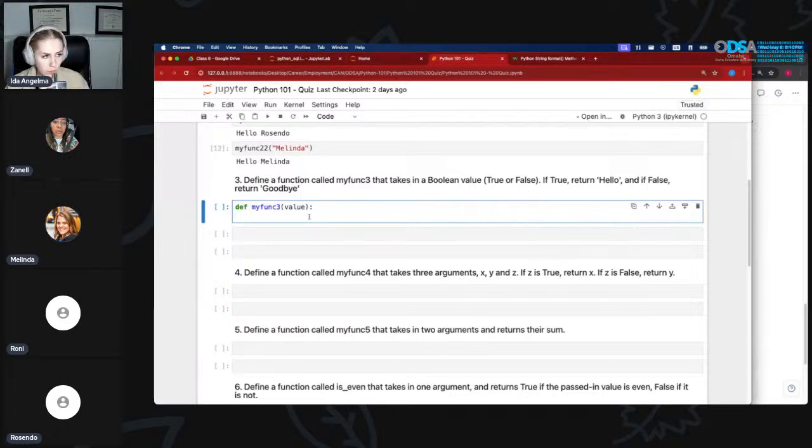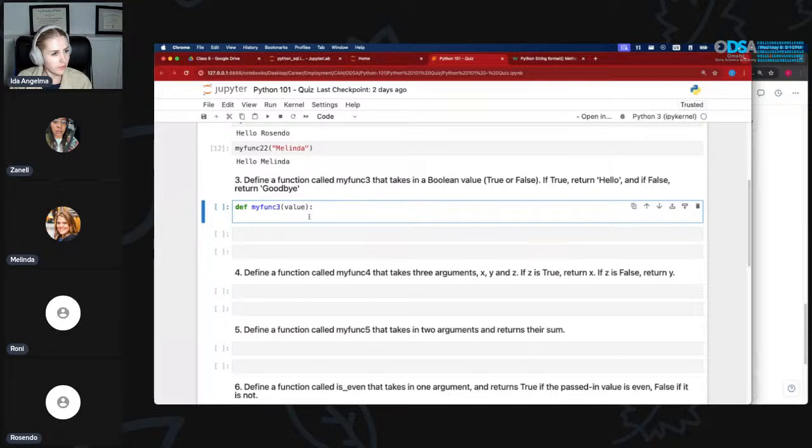Is it a for loop? It's not a for loop. No. The question almost gives it away. It is simple. It's as simple as you think. Is it true, like equal